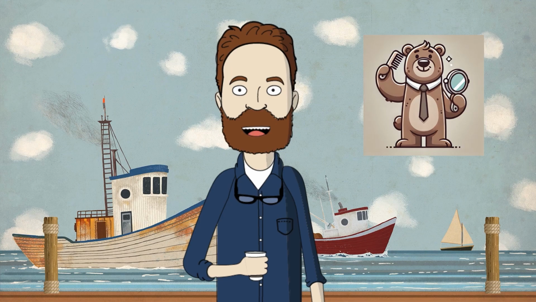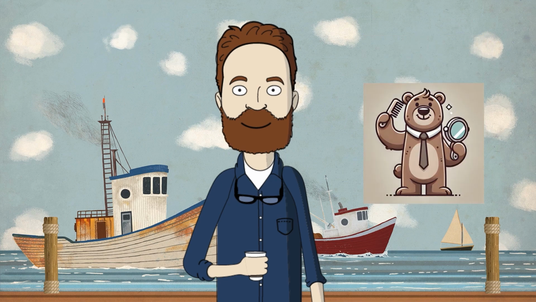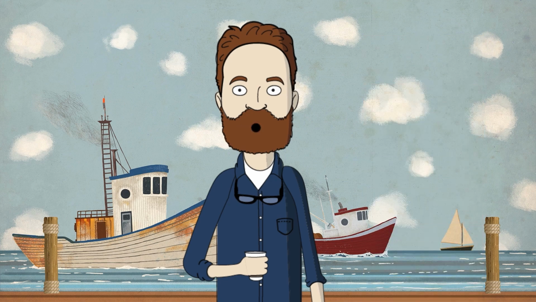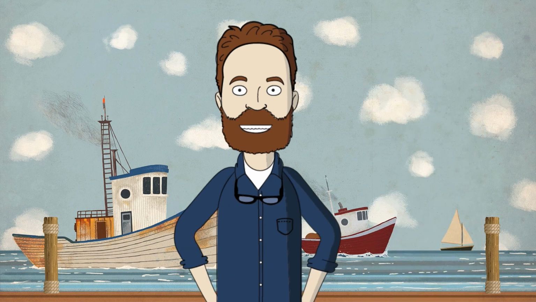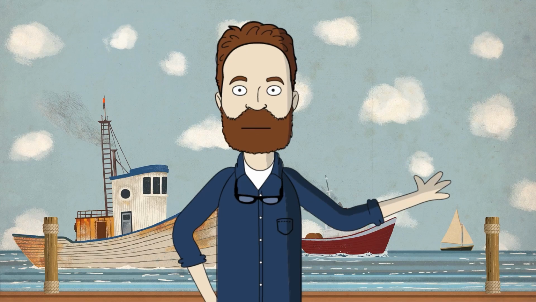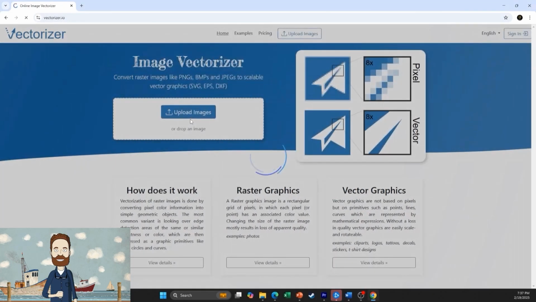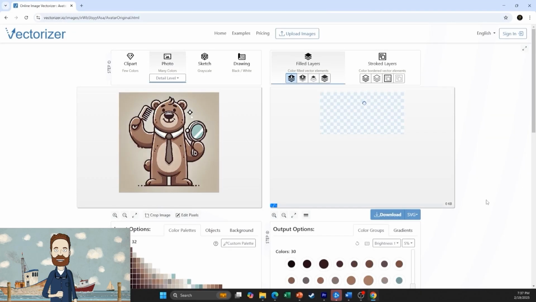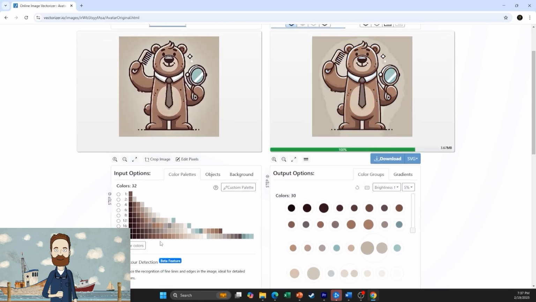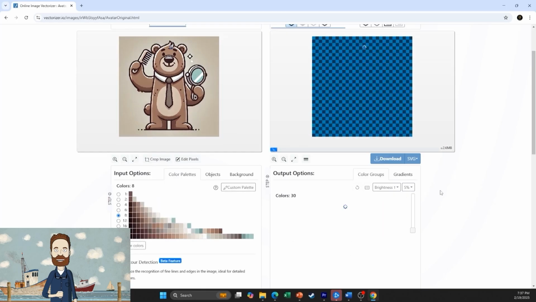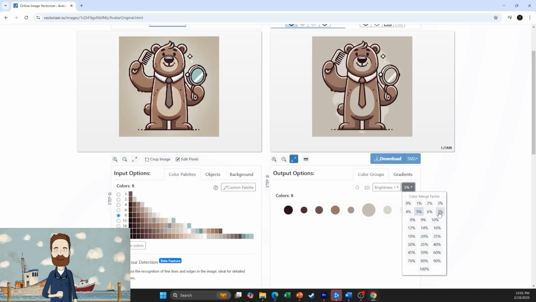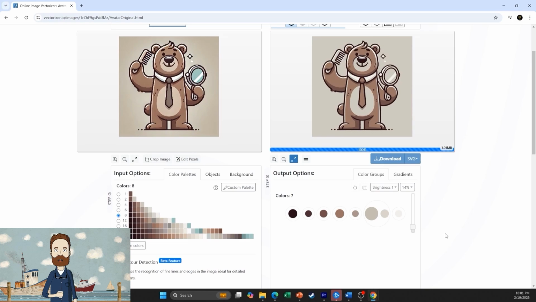However, there's a catch. If you take a complex, colorful image and turn it into a vector, it can result in hundreds of tiny individual parts, making it really hard to manage. This is where Vectorizer.io shines. When you upload a picture, it lets you limit the number of colors and adjust the brightness levels. By doing this, it simplifies the image, reducing the number of vector paths and cleaning everything up, making it much easier to animate later. I decided to go with 7 colors for the vector.